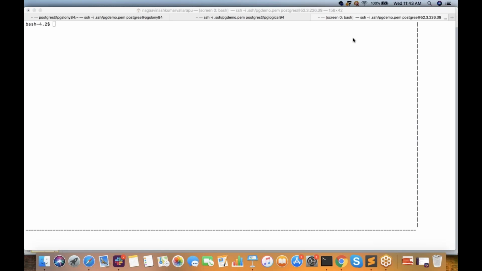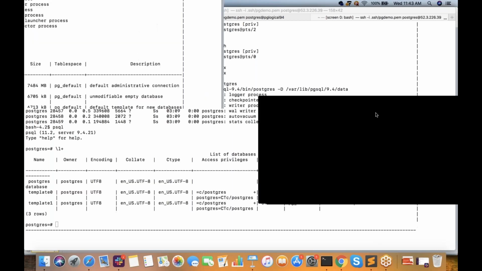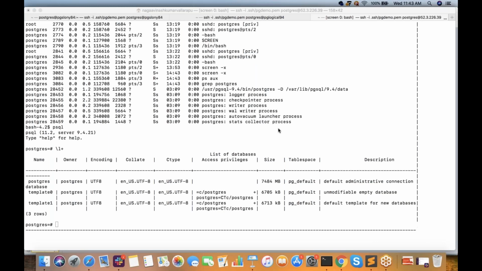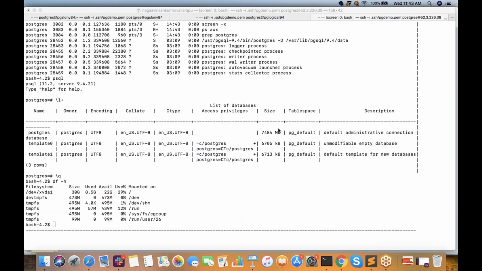All right. So in this server, we are talking about a major version upgrade on the same server, right? So we are just going to use one server. And in this server, you see there is a Postgres running on version 9.4. So if you just have a look at it really quickly, we see there is almost 7.5 gigabytes of data already in there in this main Postgres database, right? And we can also confirm that with a quick look at the file system usage space, 8.5